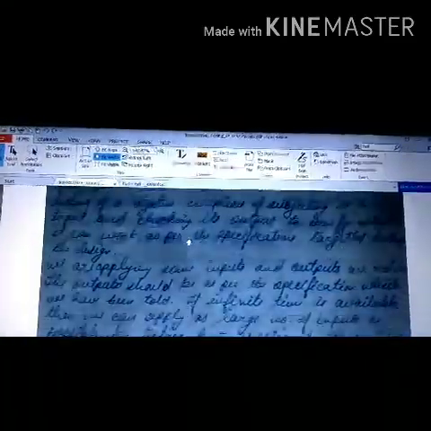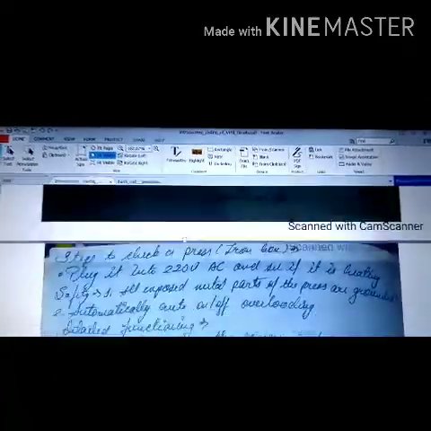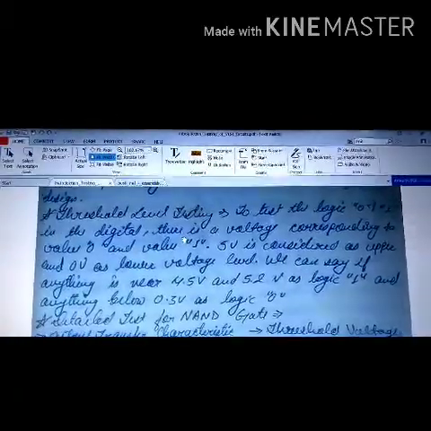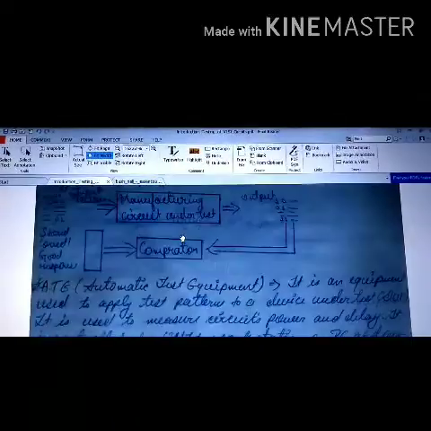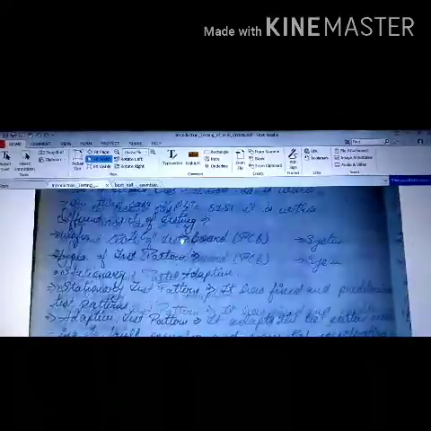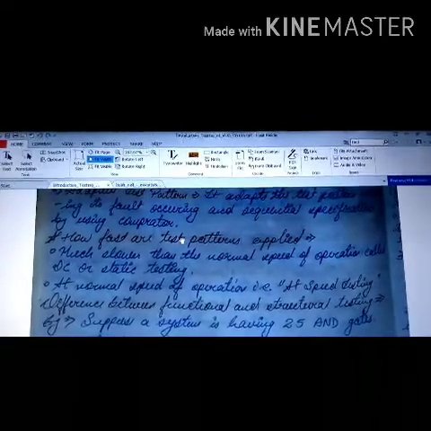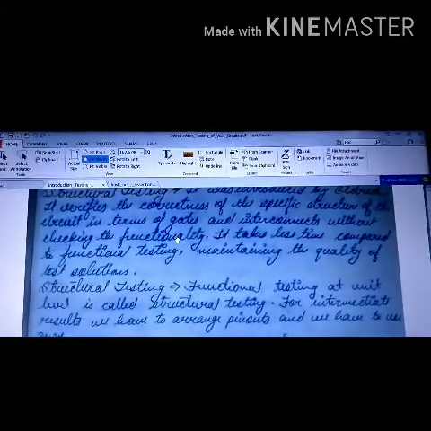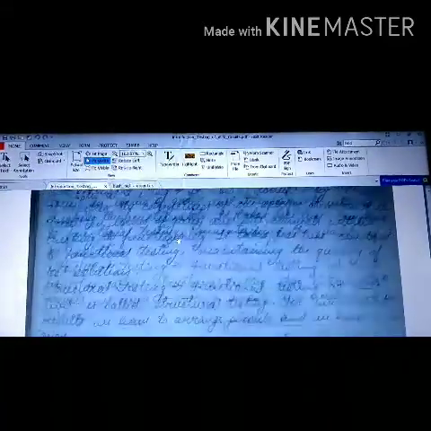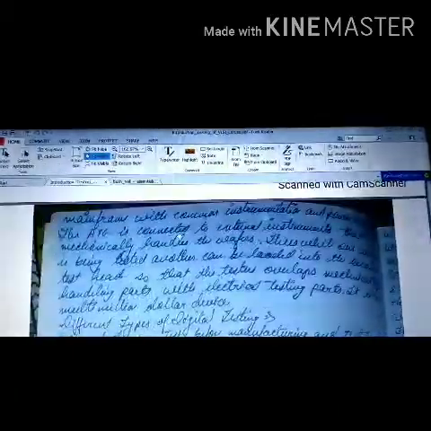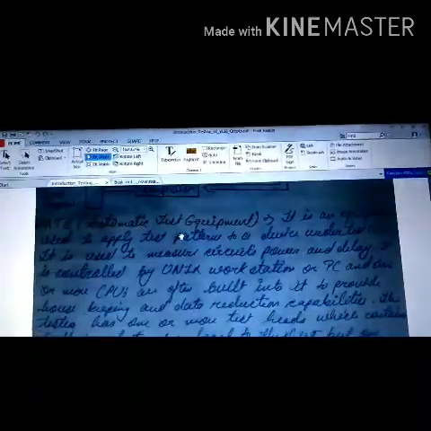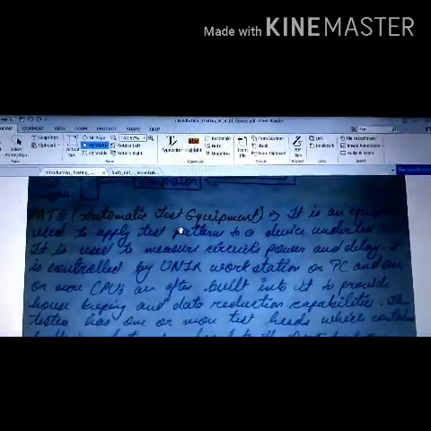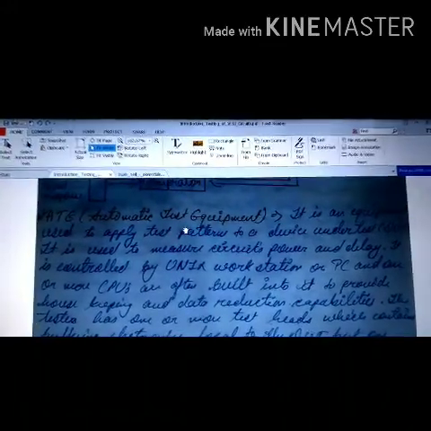Now, following up from the same lecture, in the present lecture, we will be starting with the automatic test equipment, and then we will have a little bit of discussion about different types of tests. Then we will start a new topic related to functional and structural testing. Then in subsequent lectures we will go into detail regarding these different types of testing. Okay, so starting on, the first thing is related to ATE, that is automatic test equipment.